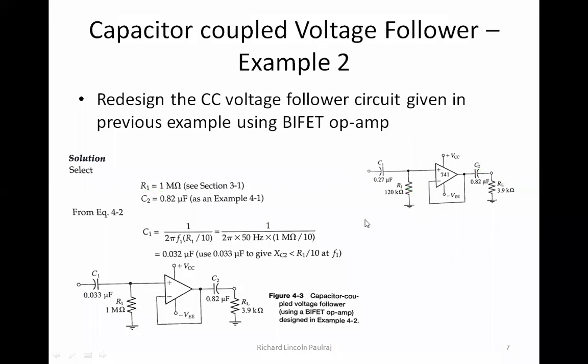This is the previous circuit which I have kept for reference. If you compare both of these circuits, the RL value we are retaining, the C2 value we are retaining, and for R1, instead of calculating the value, I am taking it as 1 mega. So all these values I have now. The only thing remaining now is C1. So using my R1, which was 1 mega, I'm going to calculate C1. Can you calculate and tell me if you're getting about 0.032 microfarad?